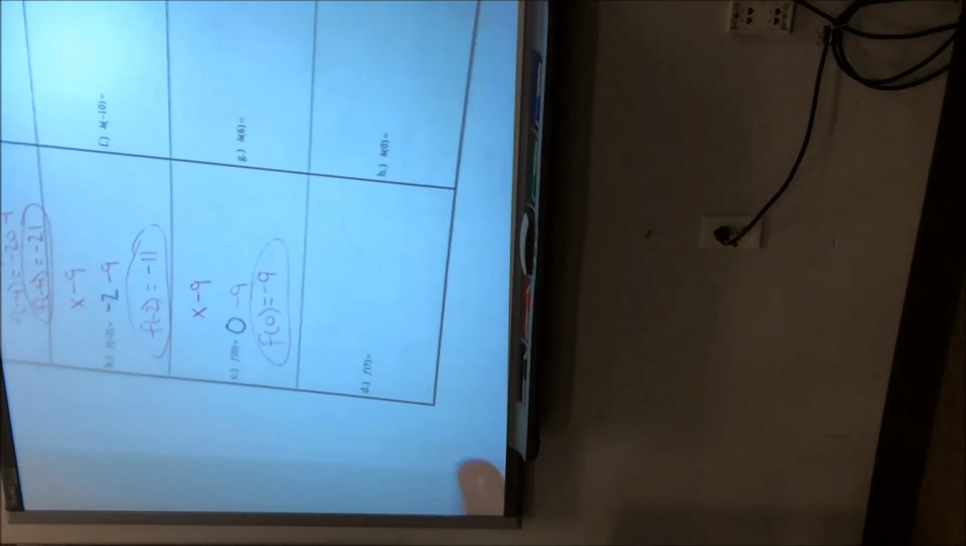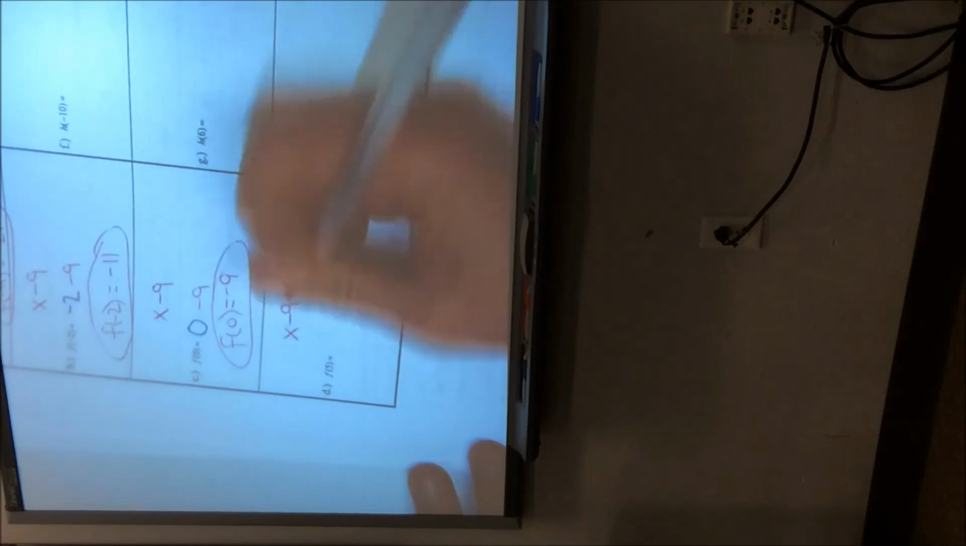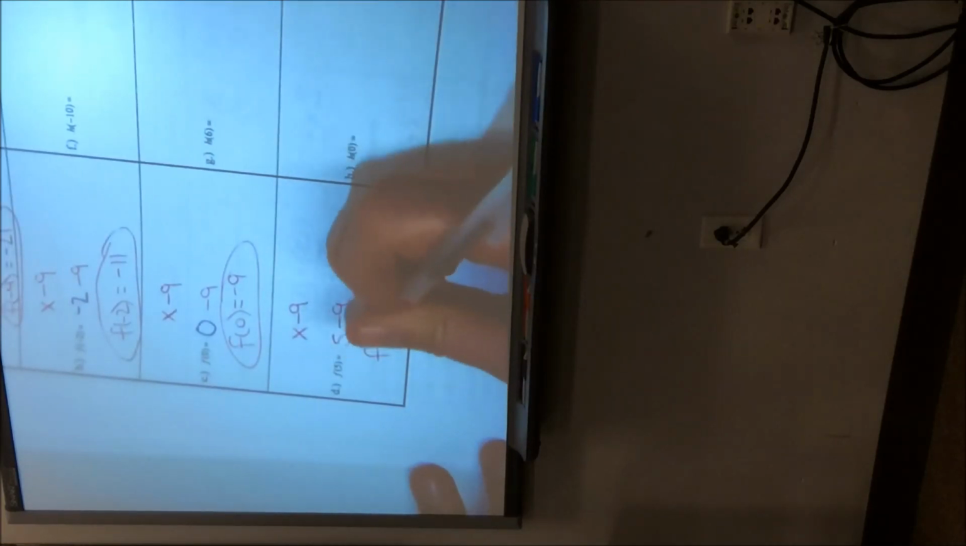What about f of 5? X minus 9 again. So I would plug in 5 minus 9. F of 5 would equal